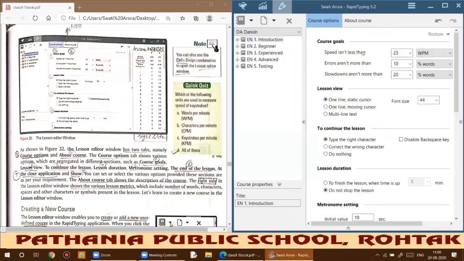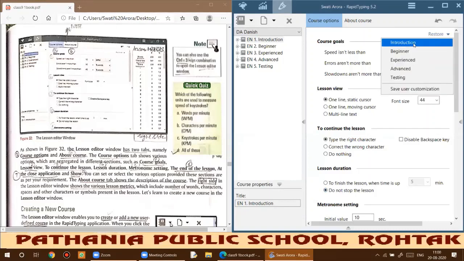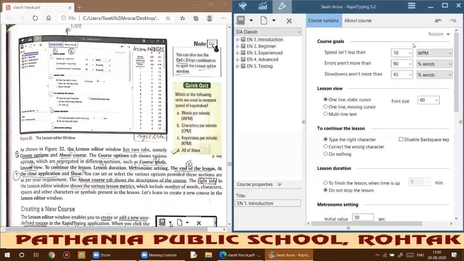Okay, so this particular course option will allow you to customize the course according to your convenience. You need to check, if you are a beginner, what the speed can be and what type of acceptable errors are set. You are a beginner dealing with the introductory part, so speed should not be less than 10 words per minute.